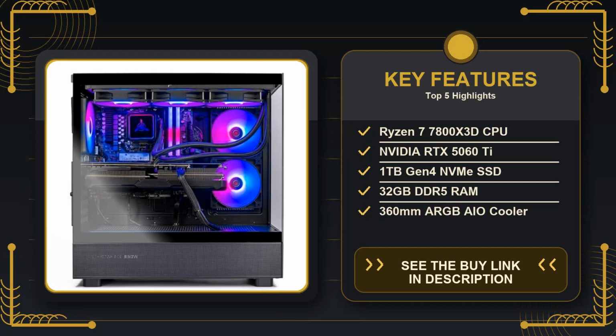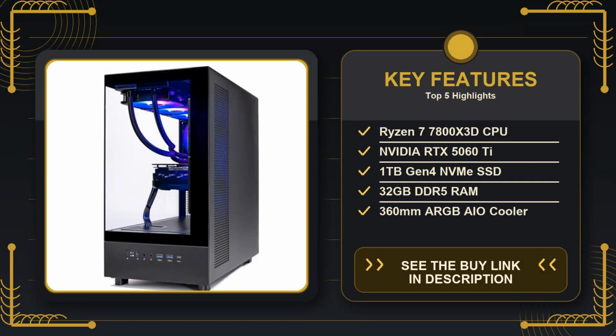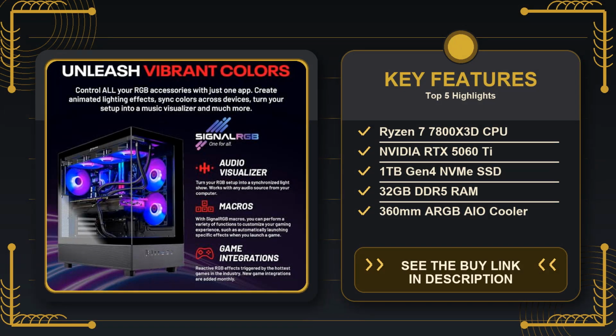So who should press add to cart for the Skytech Azure? If you're a serious gamer who wants high frame rates at 1080p or 1440p, values a quiet but effective cooling solution, and appreciates a fast SSD plus plenty